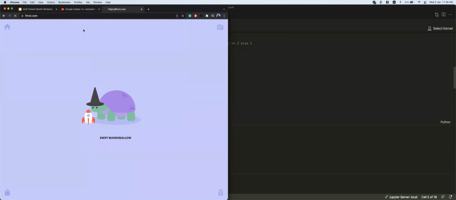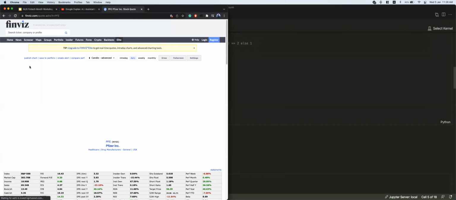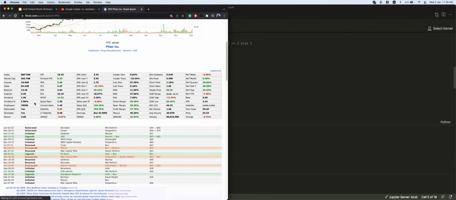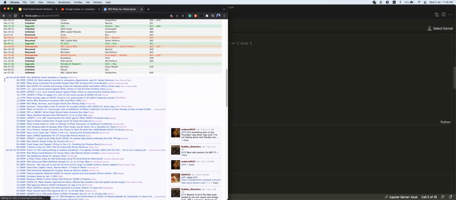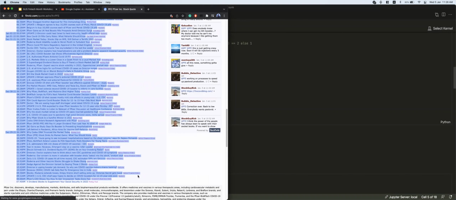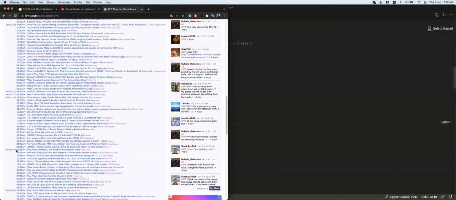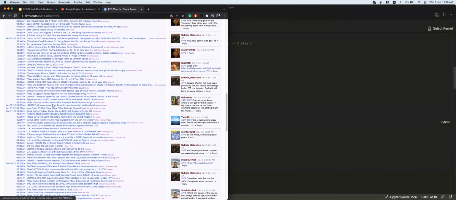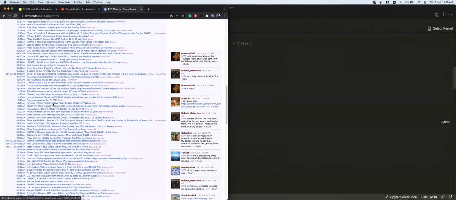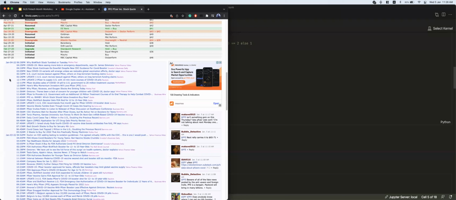Yeah, so for example, this is the website. You can go to PFE. What I'm actually doing is scraping this part of the page, which shows all of the related news headlines related to Pfizer, and they have many different news sources as well. This is quite interesting because it updates on its own, and it's quite easy to scrape. So what I'm doing is just scraping the date and the time as well as the headline.